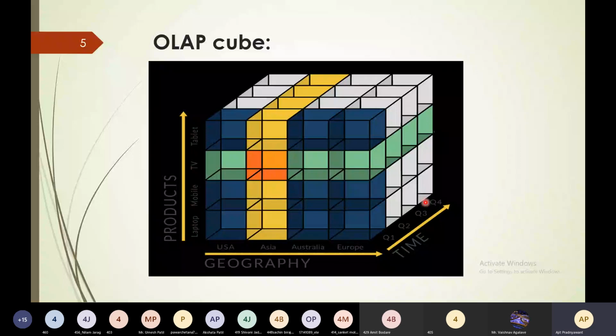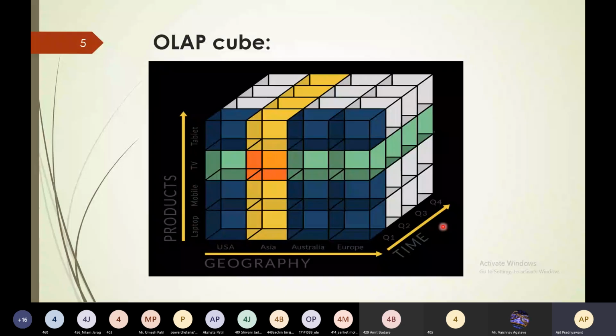It looks like a cube, and there are dimensions for it. This is your first dimension product, this is your second dimension geography, and this is your third dimension time. So as an analyst, you can view the data from different points of view and you can retrieve that particular data.